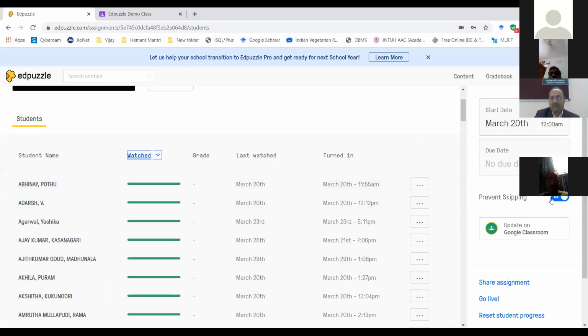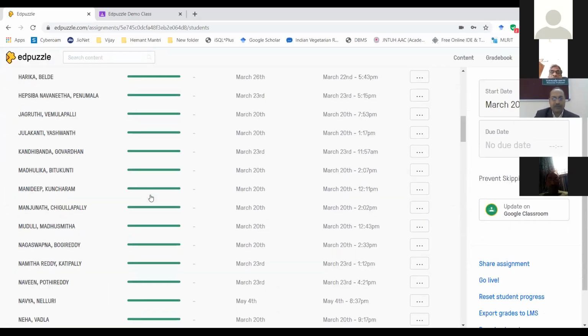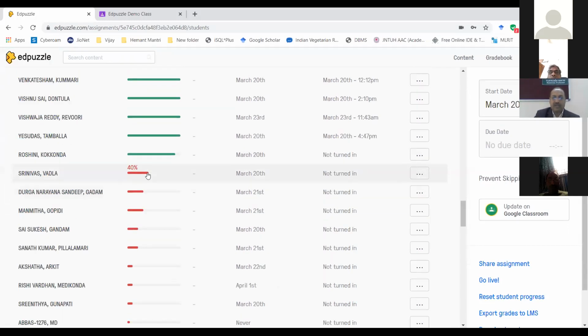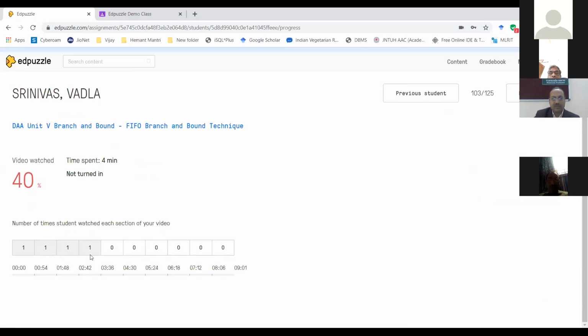I have prevented skipping, so they can't skip it. It means these many students saw the video 100%. But these are the students who have seen the video 40%. It will even show the slots, what time they watched.